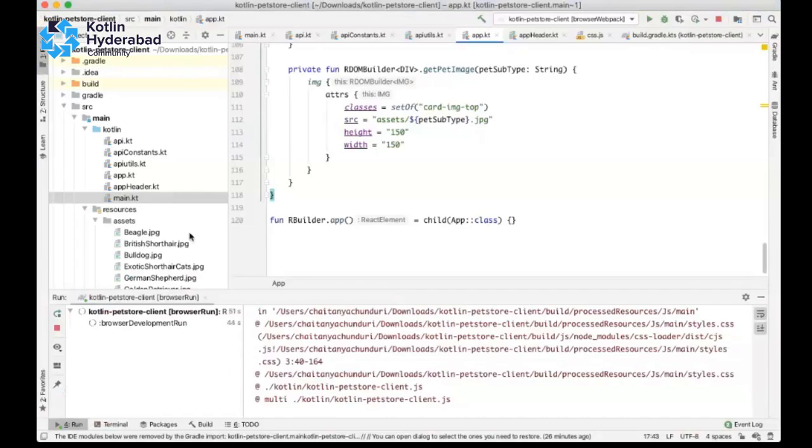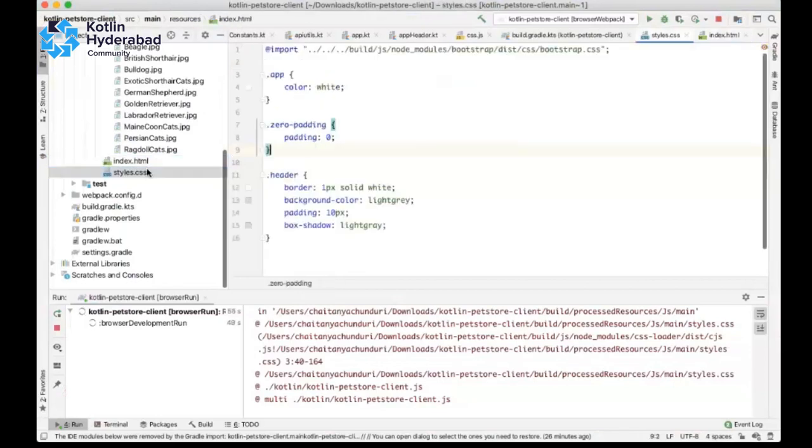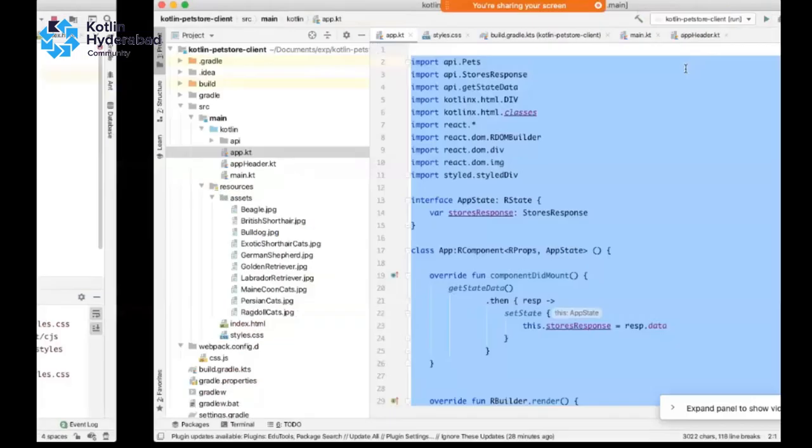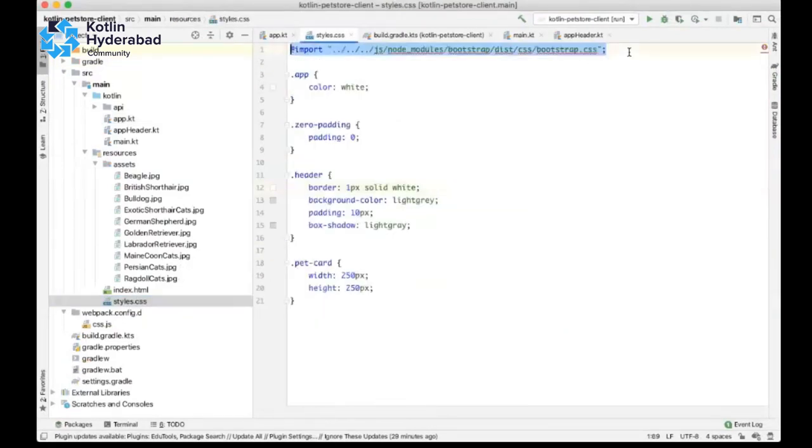Bootstrap didn't get loaded properly. Something like this. Let me see how it was.